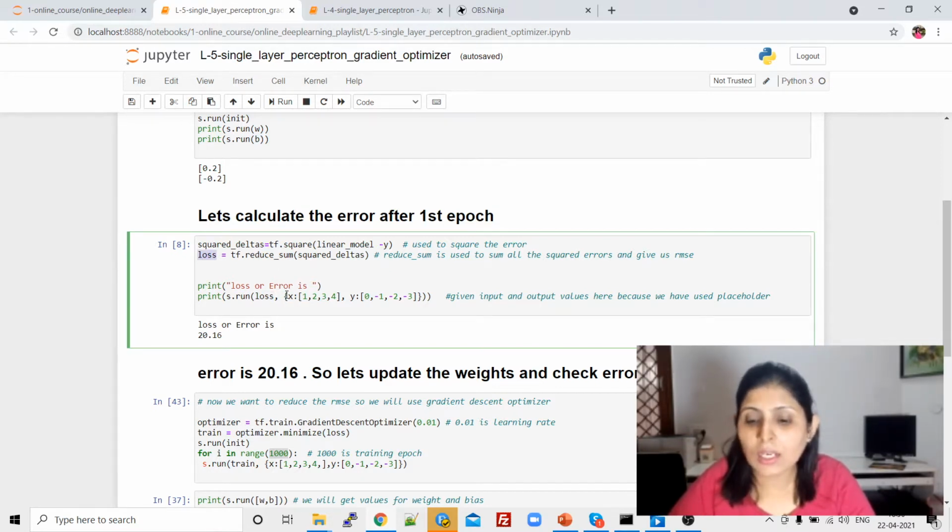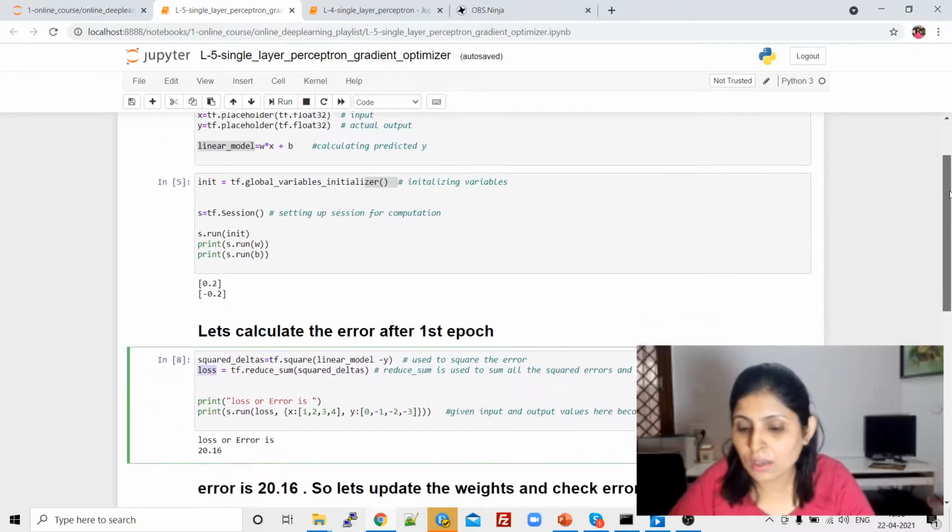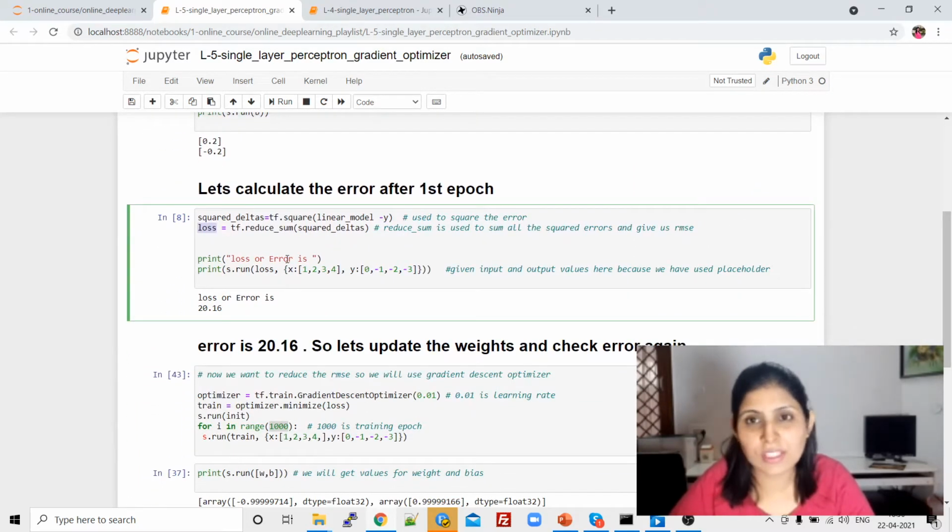And as for X and Y, if you remember, X and Y are placeholders. That means we need to provide the values of X and Y over here. This is the X value, X means input, and what we are telling our algorithm is that for these X values, these are the actual Y values.